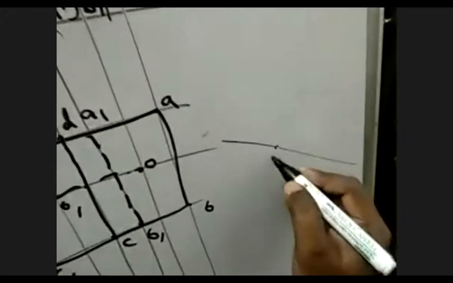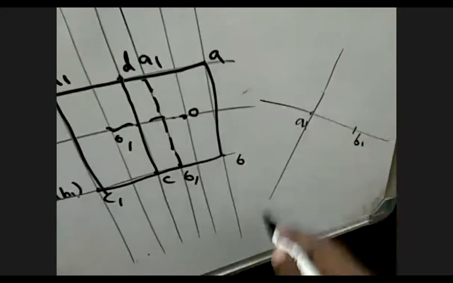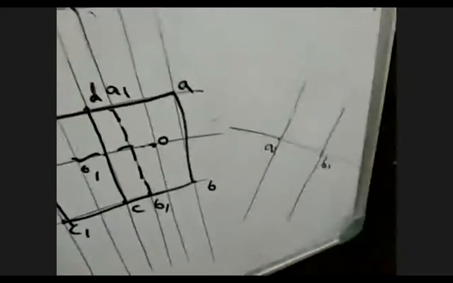Mark your A1 point. I am teaching you the construction procedure. Mark A1 point. From A1 to B1 you take the measurement, cut an arc. This is your point B1. Okay, these lines are perpendicular, so place your protractor here, mark 90 degree, and draw perpendicular lines like this.